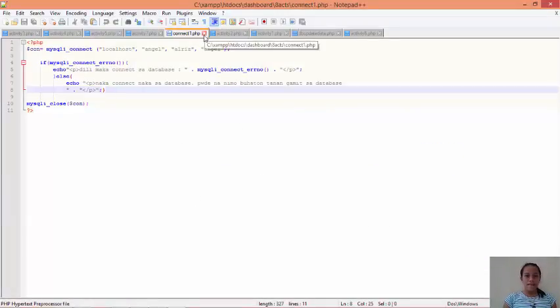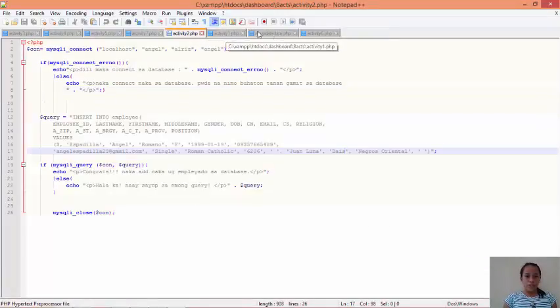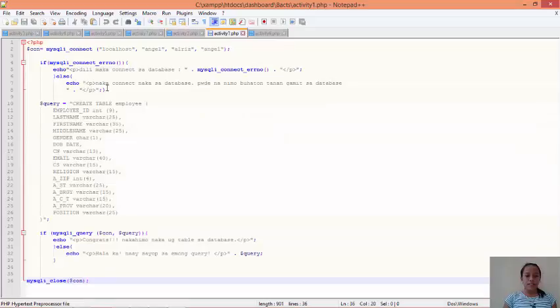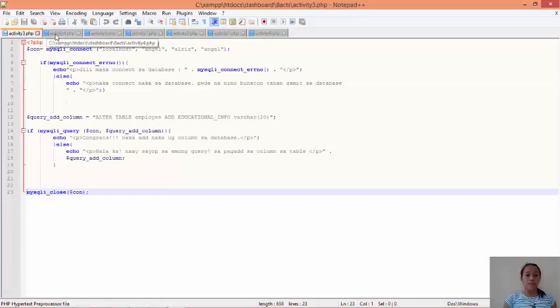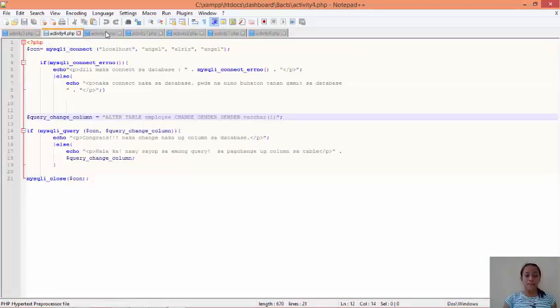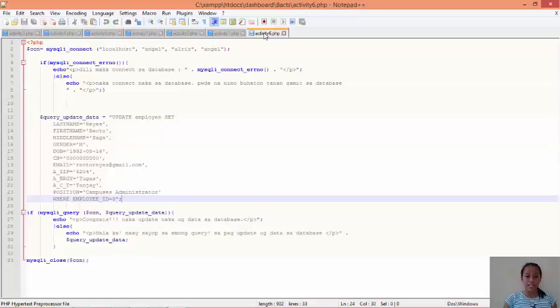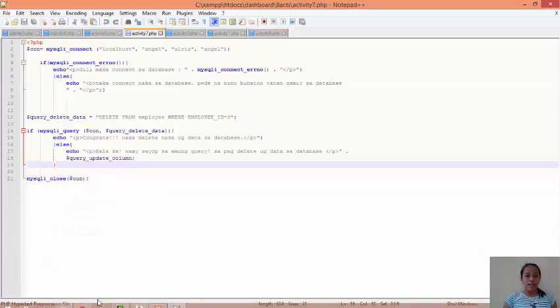I already have there, so it would be activity 1, these are my codes, activity 2, activity 3, activity 4, activity 5, activity 6, activity 7, and my